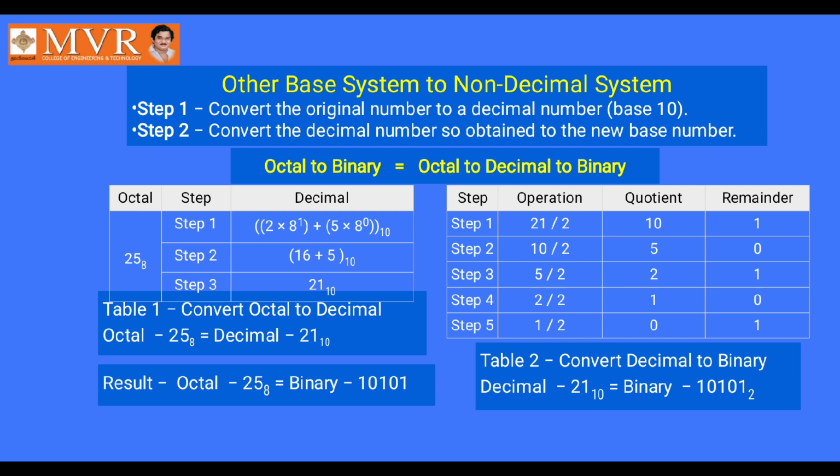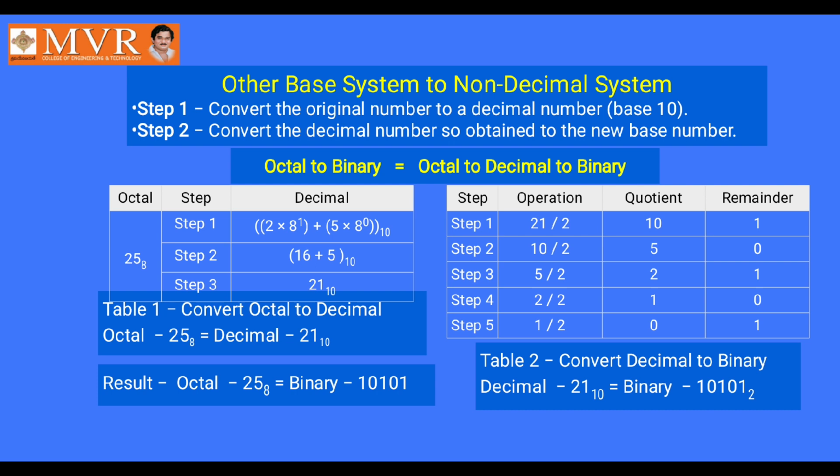See, in the first example given here, we are trying to convert octal to binary. As step 1 specifies, octal should be converted to decimal, and later the decimal should be converted to binary. You take a number 25 base 8, that is an octal number. You know very well how to convert octal to decimal. Position values, there are only 2 positions, 0 and 1. So 2 into 8 power 1 plus 5 into 8 power 0. This comes to 21 base 10. But octal to decimal we have converted, and our question here is converting octal to binary.